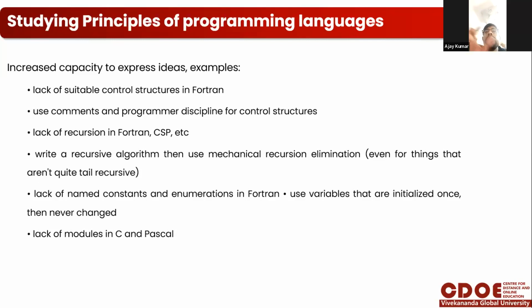But after using Fortran, we can describe which language is better. So we need to know which problems any language has: use of commands and programmer discipline for control structure, lack of recursion in Fortran, and writing a recursive